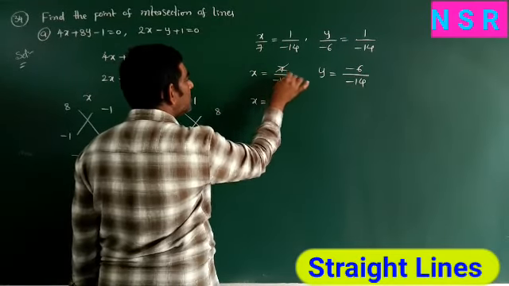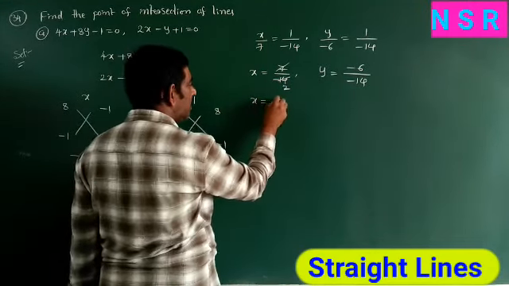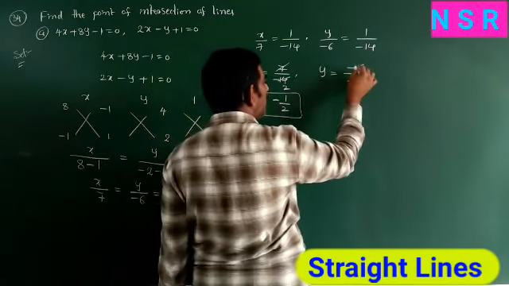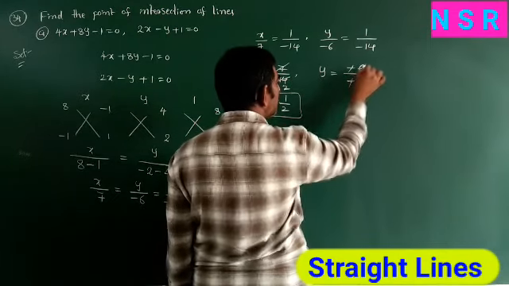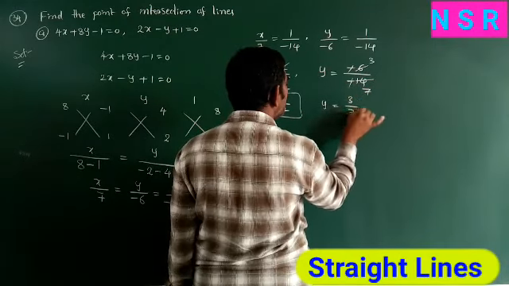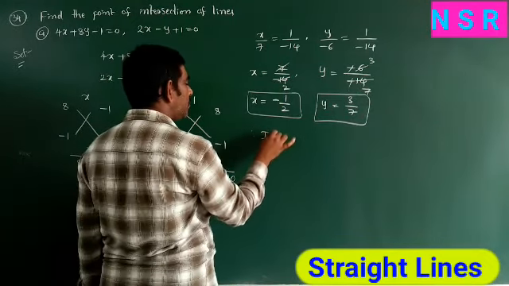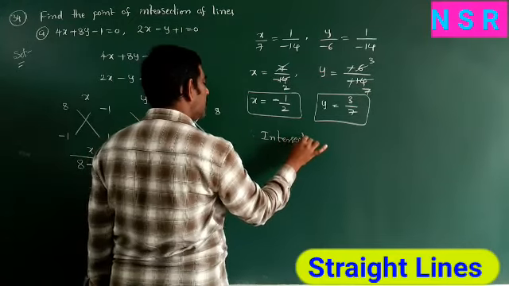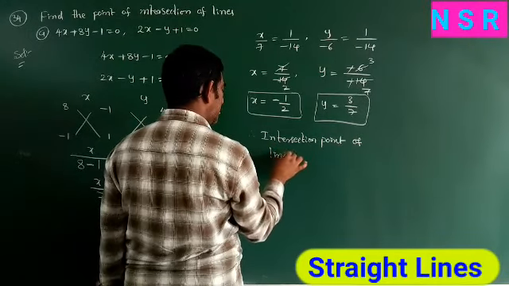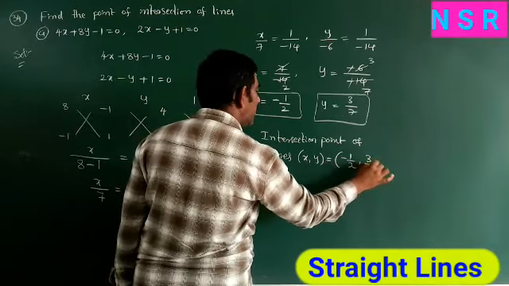Now x is equal to 7 ones are 7, twos are 14. Minus is there in the numerator or denominator, right here in the numerator, so minus 1 by 2. This is the x value. Here both have minus, numerator and denominator, so cancel this minus. 2 threes are 6, 2 sevens are 14. Now y is equal to 3 by 7. So this is the x and y value. Therefore the intersection point of the lines (x, y) is equal to (minus 1 by 2, 3 by 7).